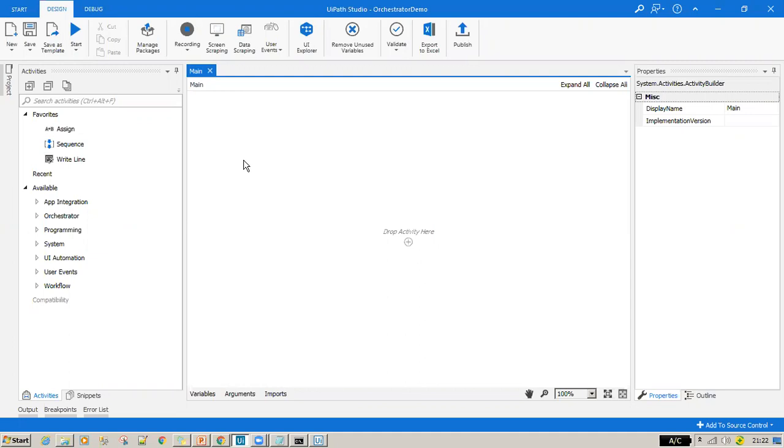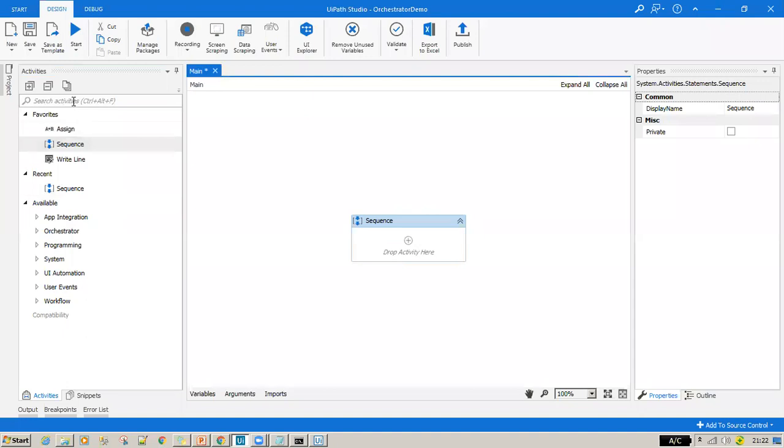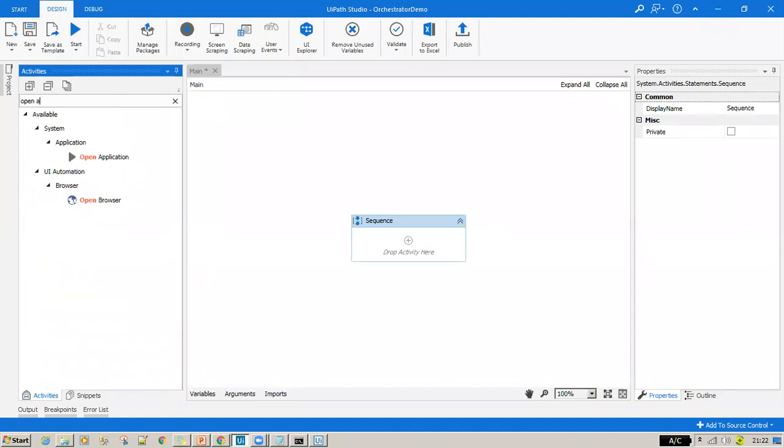So I'm creating a test workflow just to demonstrate this. I'm taking a sample sequence. Let's take a simple process: we'll invoke Notepad and type something in it. I'm going to use an Open Application activity.